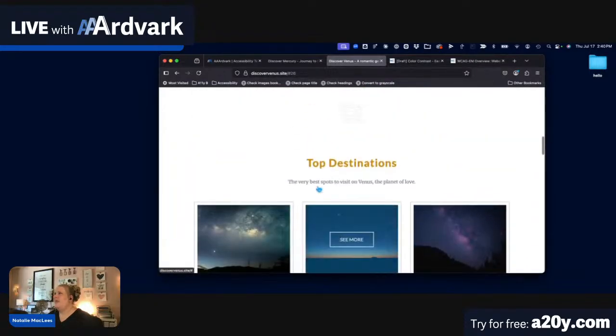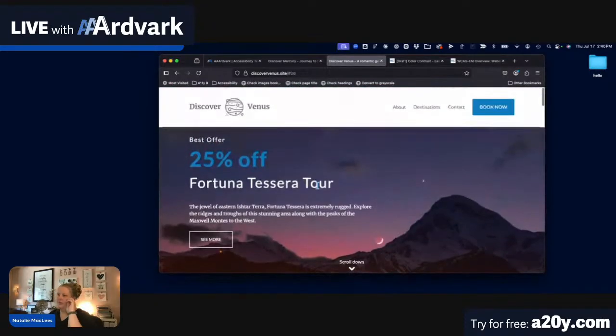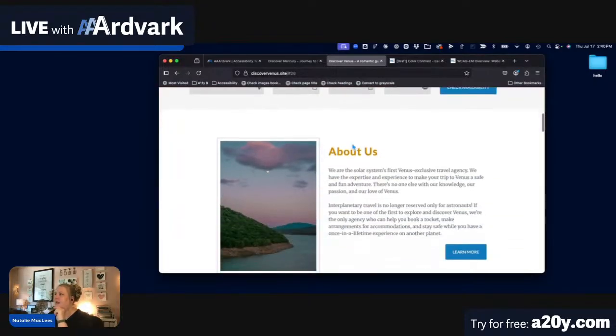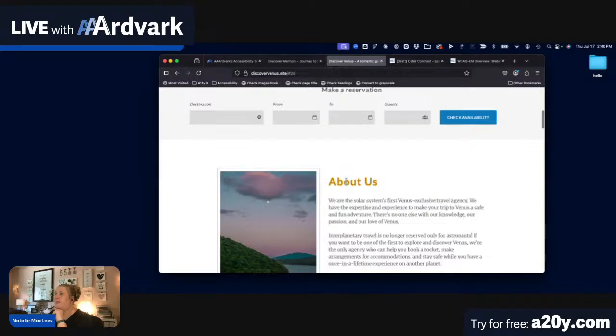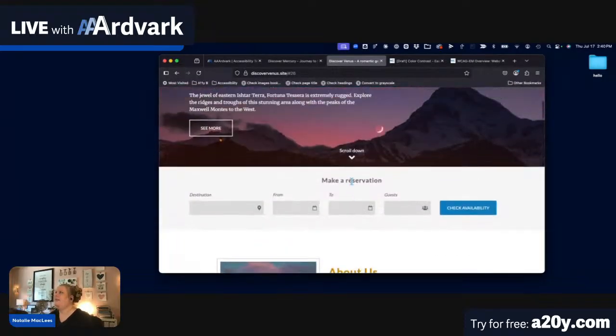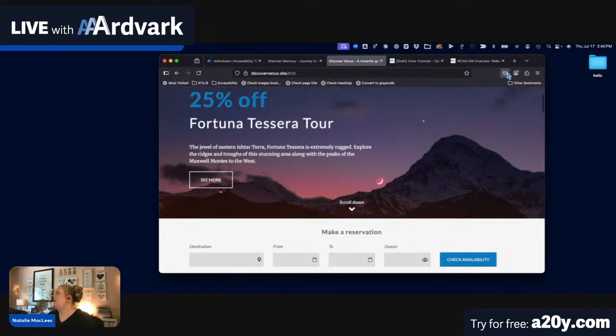And I think this version of this Discover Venus site has many of the accessibility issues corrected. There is another version of it that has a pale yellow instead of this kind of brownish color for the headings. So what we would want to do, let's see, where's my